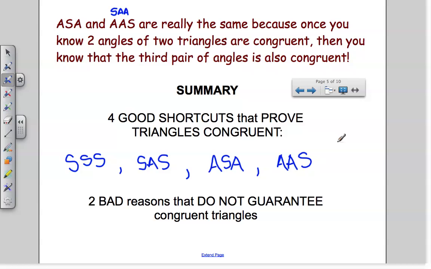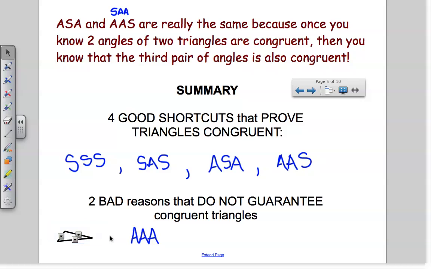Now, there are two other ways that you could arrange sides and angles in triangles that do not guarantee that they're congruent. They don't actually always work, so we can never use them. The first bad one we looked at dealt with all the angles being congruent. And the reason that one did not work was because you can make a triangle larger or smaller with the same angles. I mean, I could take this triangle right here